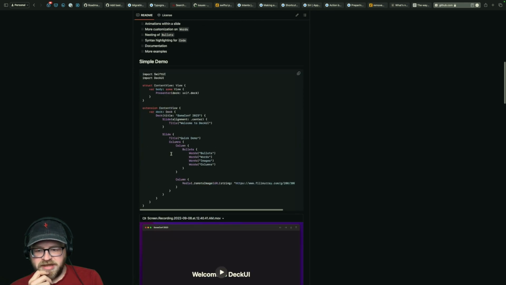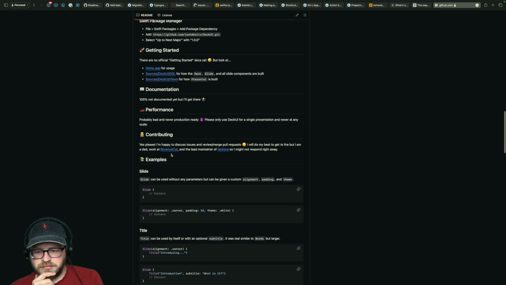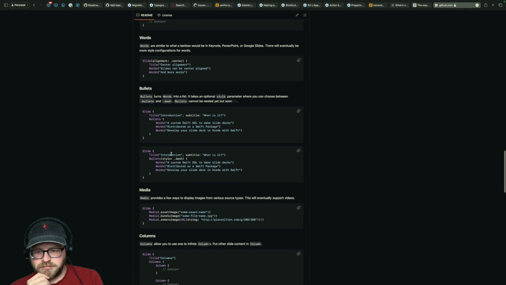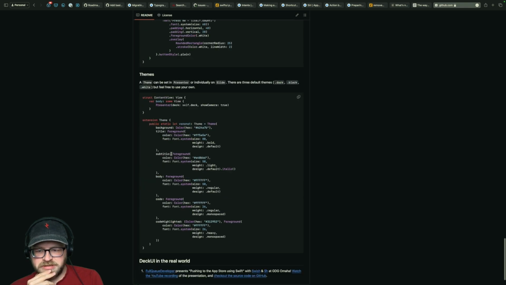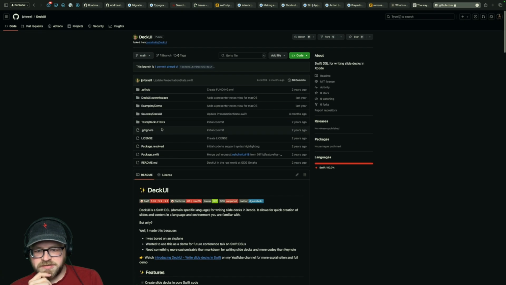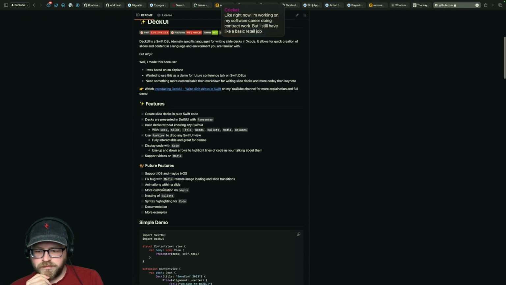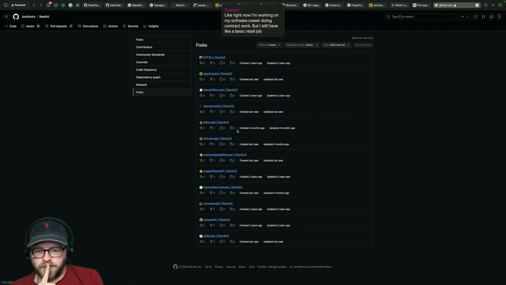But I don't know what they've added. This person seems to have added a bunch of extra documentation and stuff. That's useful. But yeah, still no syntax highlighting. Bummer.